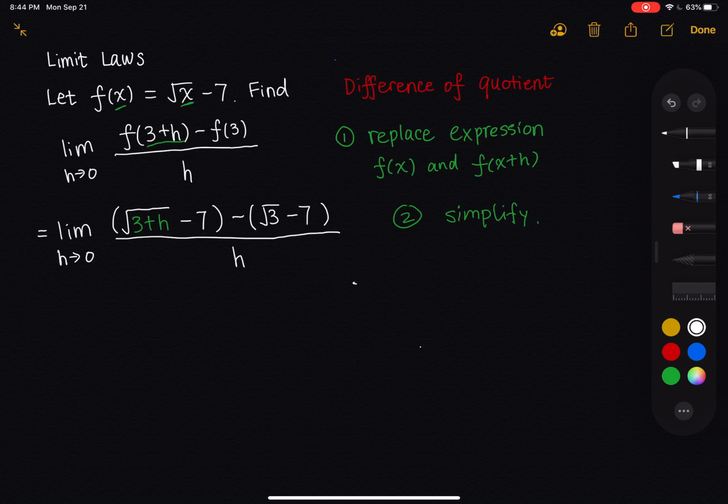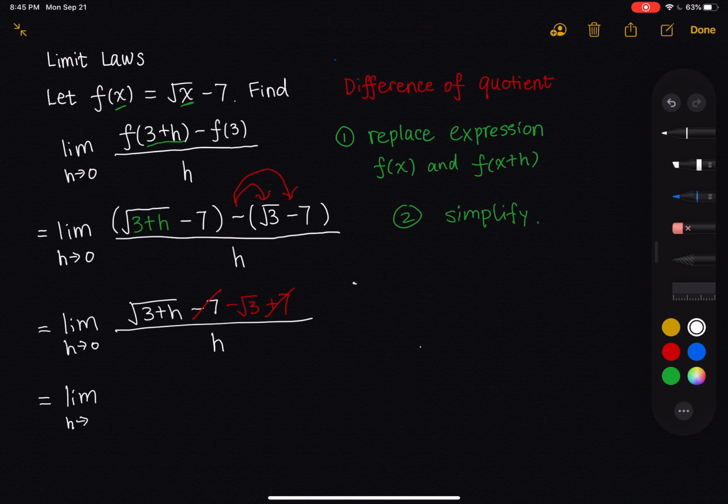So we replace the expression, and then you simplify the limit. On the top is the limit as h goes to 0 of the square root of 3 plus h minus 7. Then you distribute the minus sign, so subtract the square root of 3, and subtract negative 7 is plus 7. That's why negative 7 and 7 cancel. So on the top, it's just the square root of 3 plus h minus the square root of 3, and in the bottom is h. So I'm going to rewrite the expression: the limit as h goes to 0 of the square root of 3 plus h minus the square root of 3, divided by